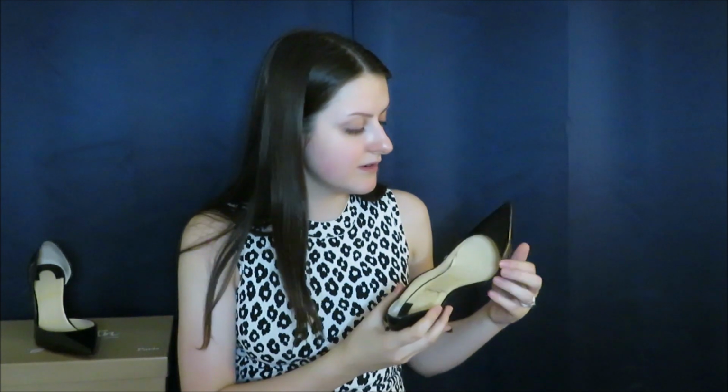And something else that makes these shoes comfortable is that they do break in quite easily. The leather is not very stiff, as you can see. It is quite squishy around where the sides of your feet will go. This makes it have give over time. The leather will become a little bit looser. It will conform around your foot quite easily if you wear them enough, and it will get a little bit of give over time and eventually become a little bit bigger on the foot,